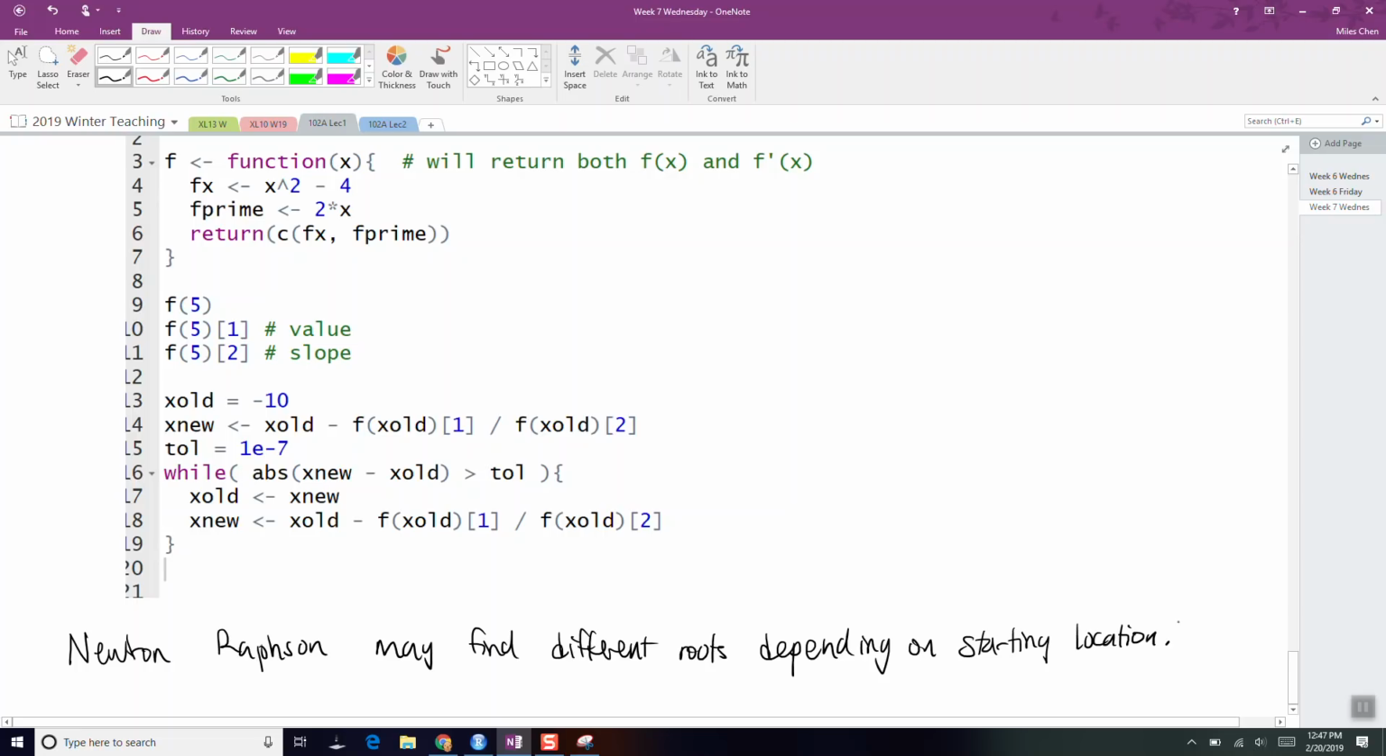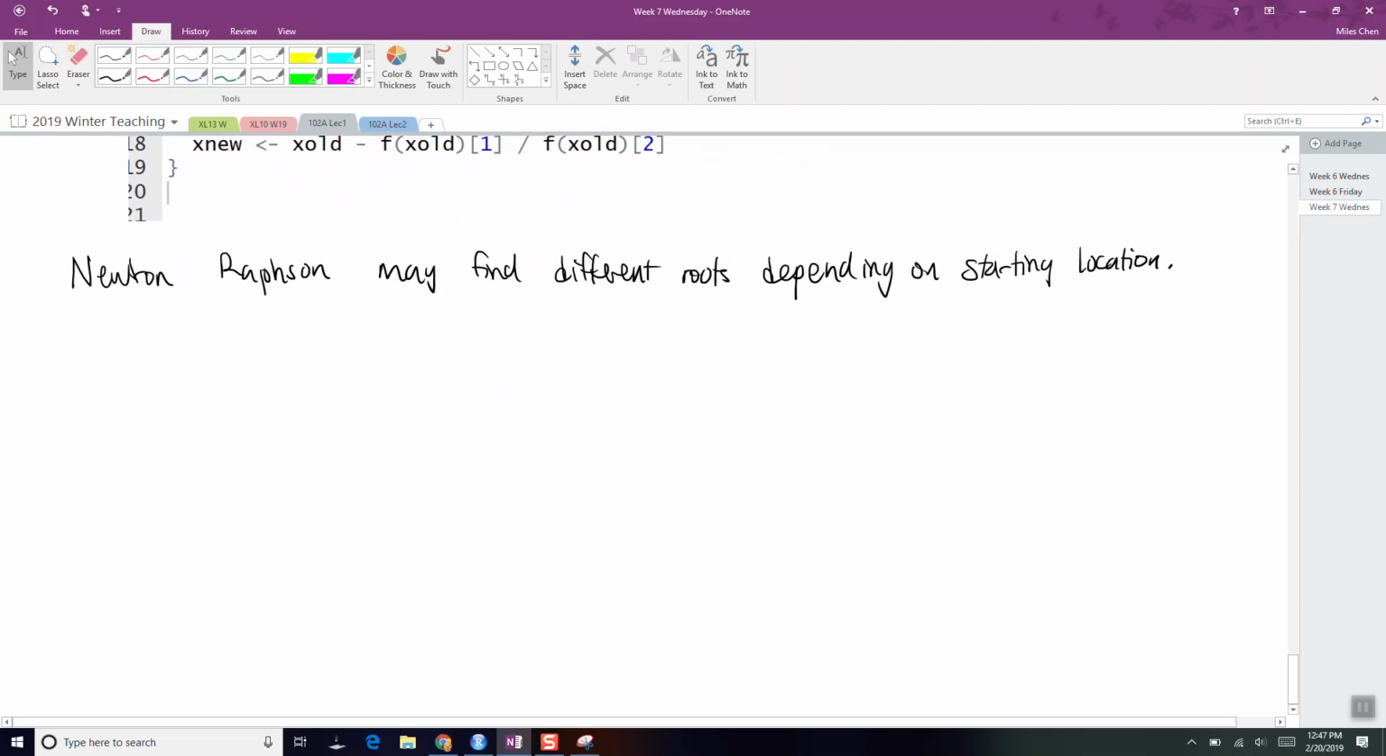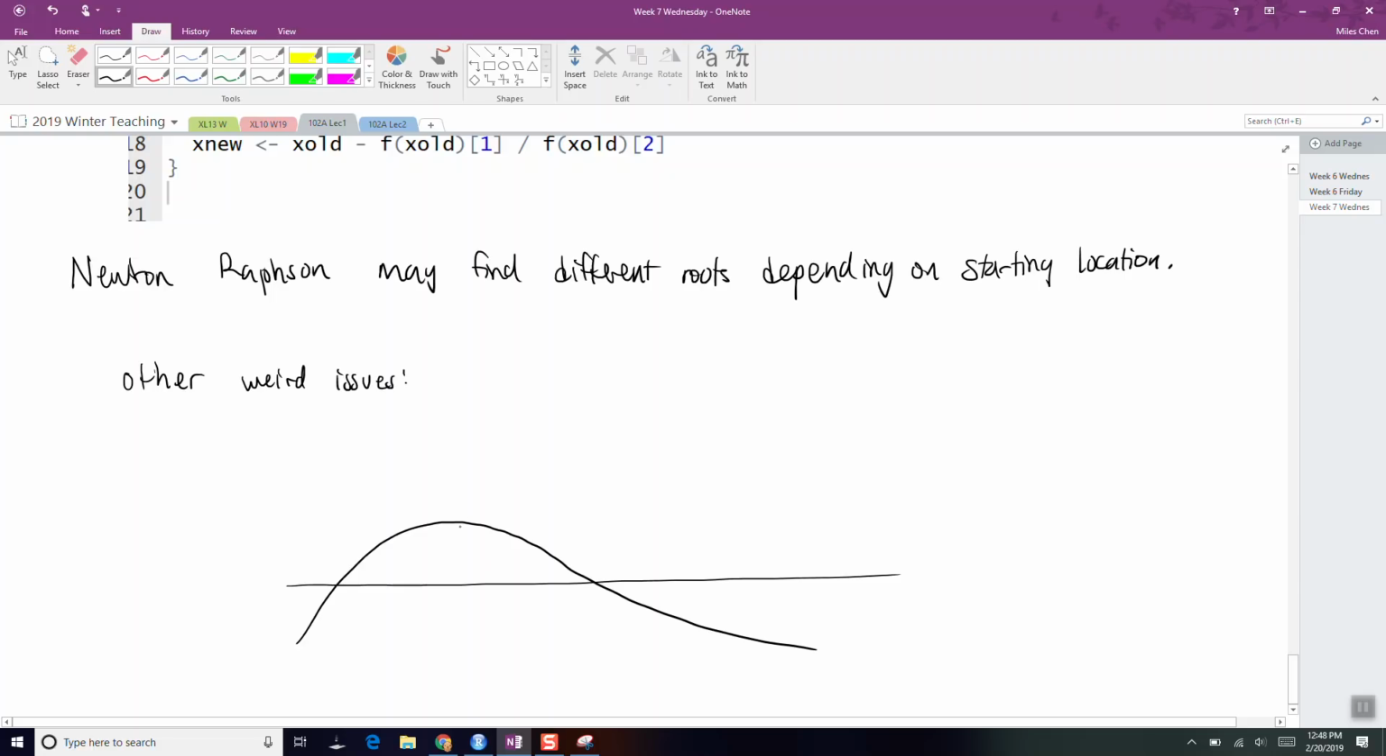Also, sometimes, let me just note one thing. Other weird issues: if your function has something like this, it will fail if f prime of your current iteration is 0. So if it ends up here, it's going to fail, right? Because the tangent line is parallel. And it can cause problems